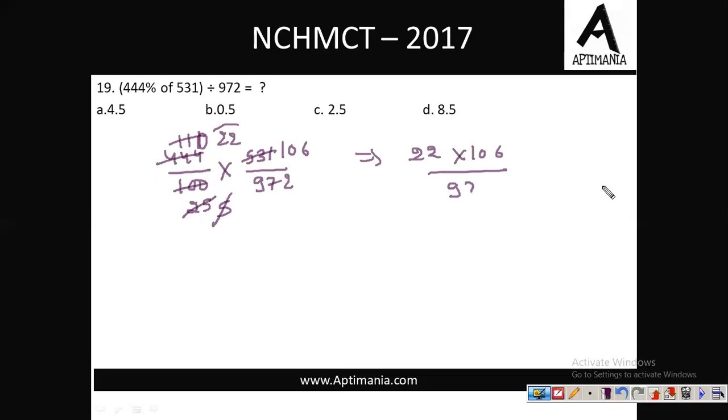अब मैं approximation, I am not solving this. 22 into 106 must be somewhere around 2300 something. And this is divided by 972. Now I know that 900, let me assume it to be 2300 only. Fine, मेरे को पता है ये 2300 नहीं होगा, but मैं approximate कर रहा हूँ. तो 900 से यदि मैं 2300 को डिवाइड करूंगा तो 8.5 टाइम्स बिल्कुल नहीं हो सकता, हाफ टाइम्स बिल्कुल नहीं हो सकता. 900 को 4 से भी करूंगा तो that will exceed 3600, right? ये भी नहीं हो सकता. So the correct answer is option C. So without actually solving this question, we can come to the correct answer. So the answer is option C.